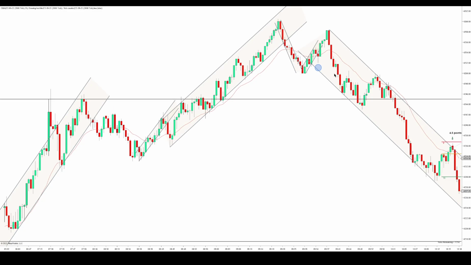It's basically a long setup that's not very good. It's not like so bad if you took it. You still would have won the trade even for 1-to-1. But it's definitely not a 1-to-2 trade. You definitely wouldn't want to go for 1-to-2 on this. This is just not good enough for that